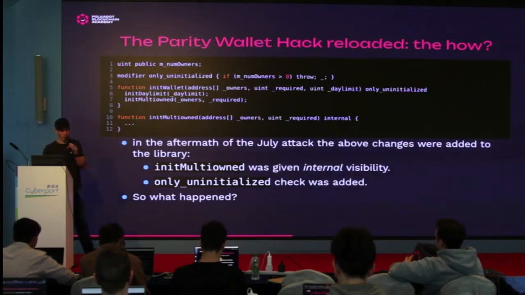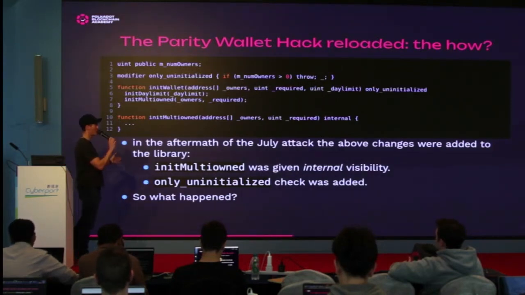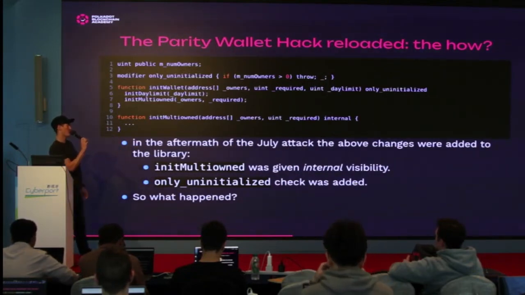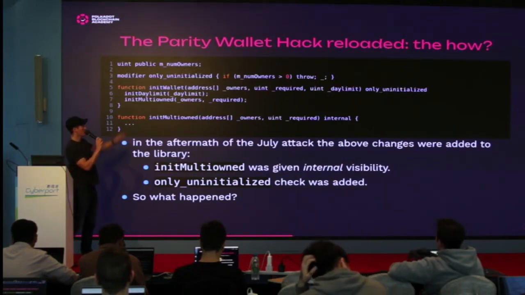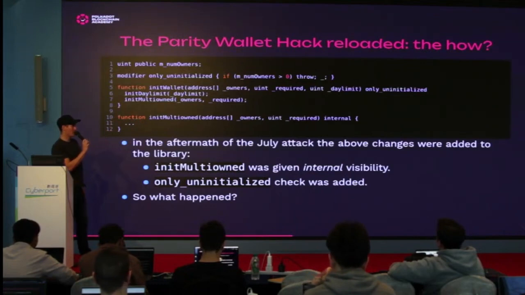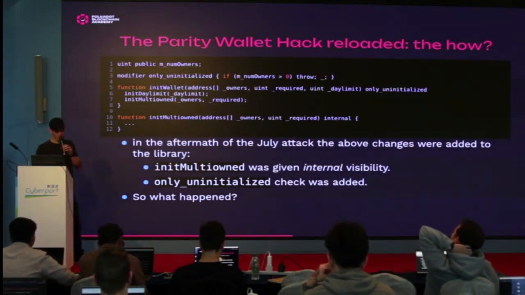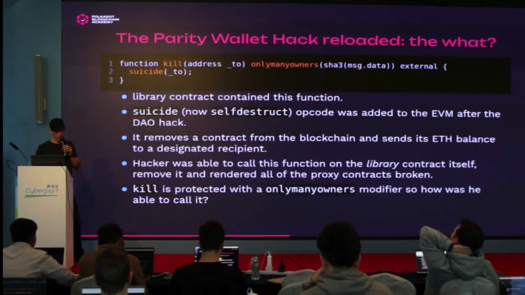He didn't have to deploy any other contract, just by the fact that the library itself is a contract, and it's an uninitialized contract because it was deployed, and it doesn't have a constructor to be called. So the number of owners on the library itself was 0, right? So this would always pass. Anybody could call initWallet on the library, and at that point you become the owner of the library itself, right? And then when you call kill,